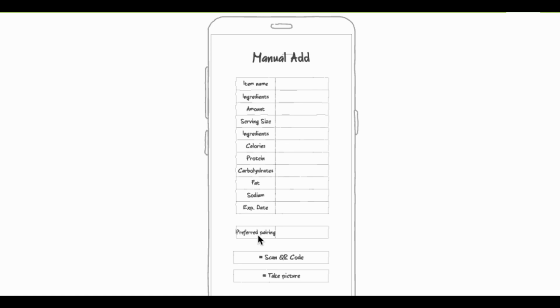Also, you would suggest a preferred pairing in your preference. So let's say you like Greek yogurt, and then in preferred pairing, you could choose blueberries because that is something that is up to your taste, and we would keep that as your personalized option. Also, you could scan the QR code to add it to the database and take a picture for better